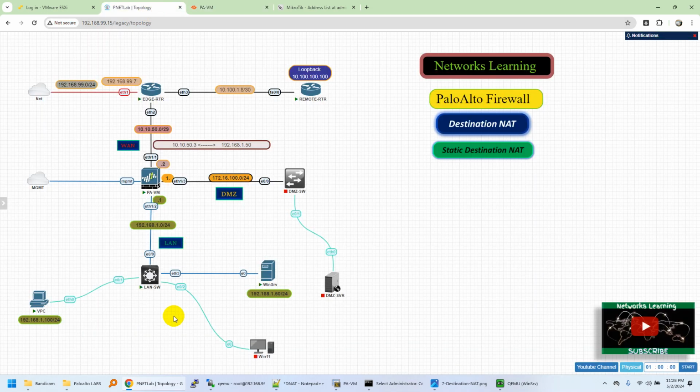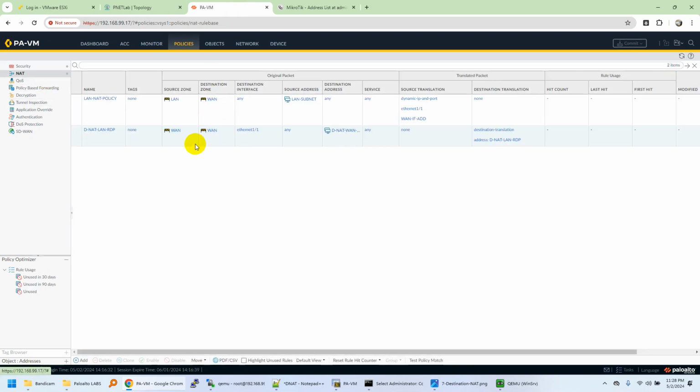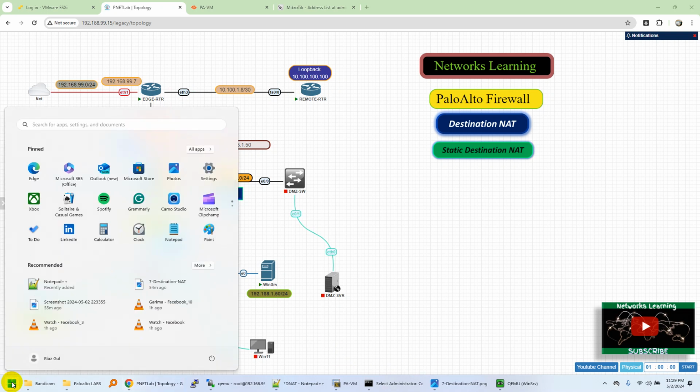In the next lab I'll have one layer 3 segment between my firewall and my core switch, and then I will route, and based on the routing I will use some NAT strategy so that I can select a different destination zone over here, in order to clarify the strategy and the processing behind destination NAT traffic inside the firewalls. So this is how you can configure the lab, and I will also verify it by having an